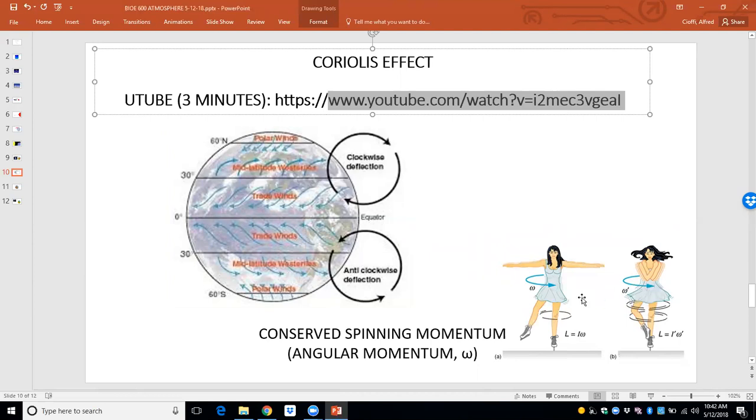The last thing, the only difference: why does the skater eventually stop spinning? Friction, exactly. There's friction, and there are two kinds of friction affecting the skater. The most obvious one is where? Exactly, right here at the point of the skate, that blade touching the ice is actually causing friction. Slight friction, but real. So eventually, the resistance of the ice to the blade is going to slow down the skater.